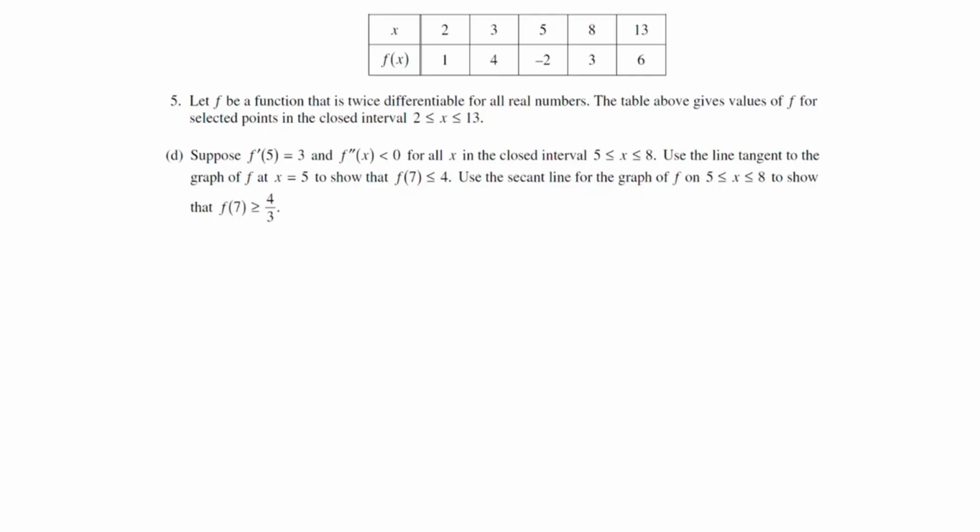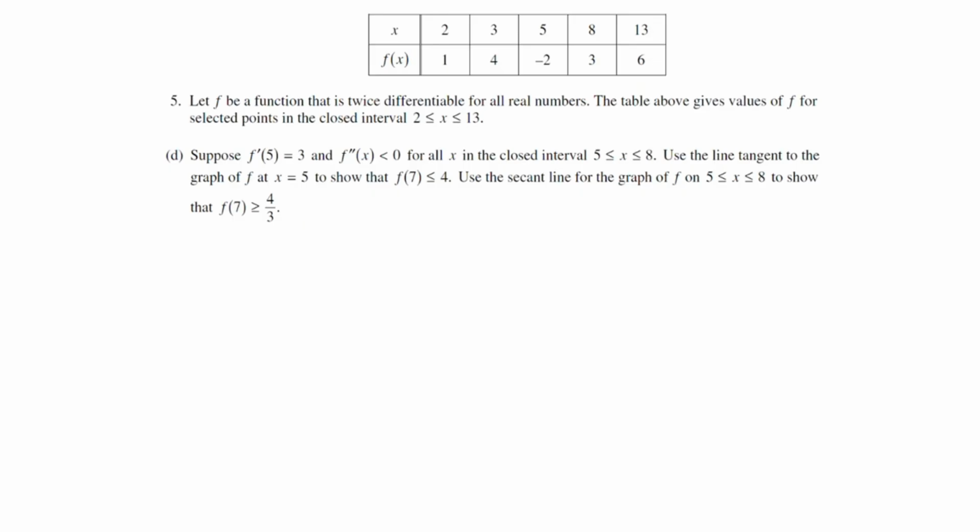Here in part D, it says, let's suppose f prime of 5 was 3, and that f double prime is negative from 5 to 8. We want to use the tangent line to f at 5 to show that f of 7 is less than or equal to 4, and the secant line on 5 to 8 to show that f of 7 is greater than or equal to 4/3. All right, well,